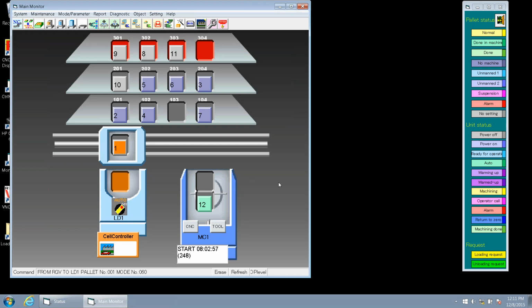Okay, it's really important that we make sure all our data is in the right spot. So this is one way we could do it. Another thing we need to look at is that our stations at the top are red. So what we did here is we permit pallets to get delivered there. Why we do this is because if we want to take a pallet out of the system and do some maintenance on it, or even just mount fixtures to it, drill holes in it, this is what